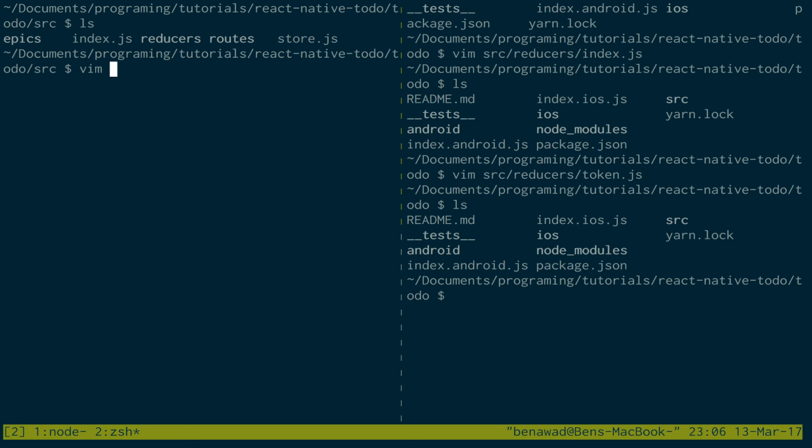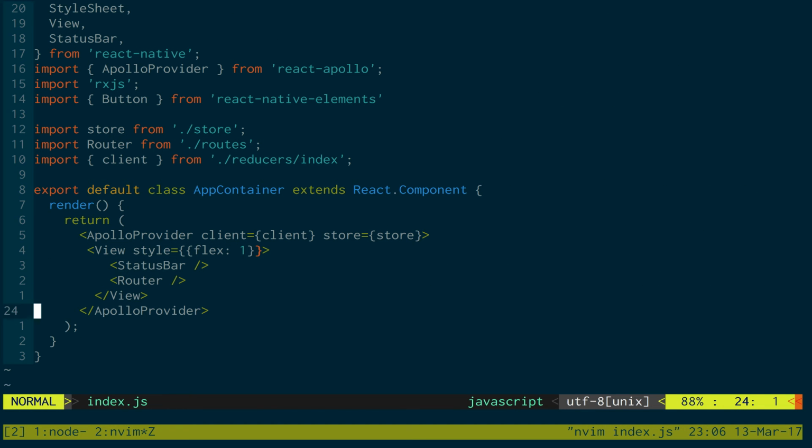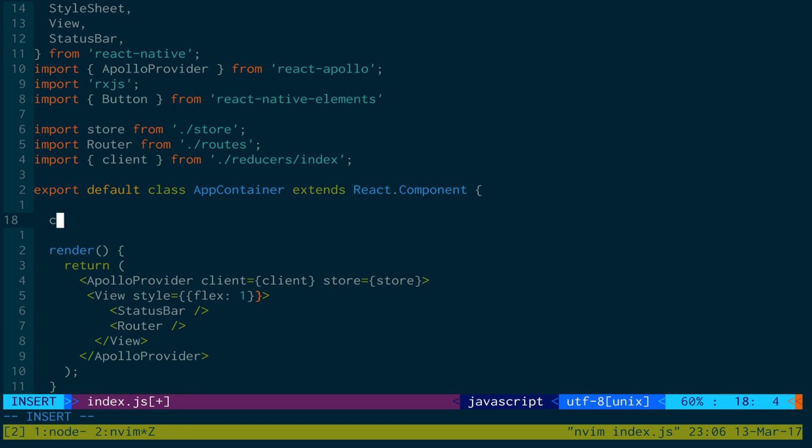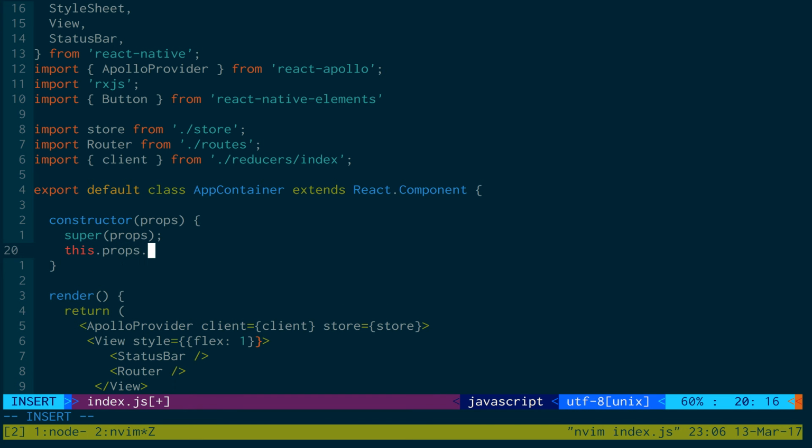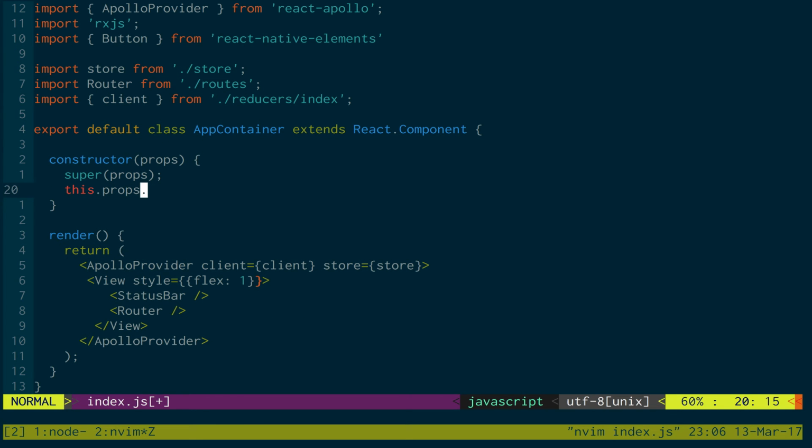The other thing is, on this index page, and the constructor props super props, I just want to this.props. I want to basically dispatch an action out. And how do I want to do this? Whenever the app loads, I'd like to add the token, if it's saved in the async storage, to the Redux state. So this props